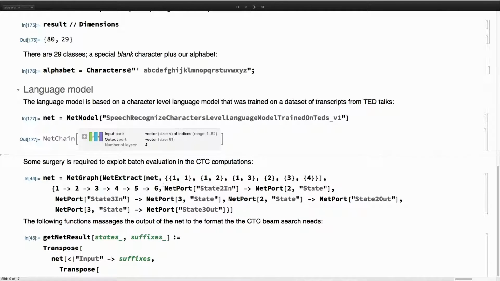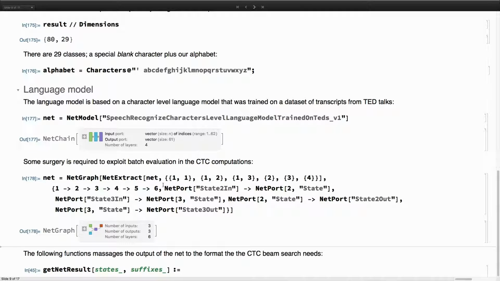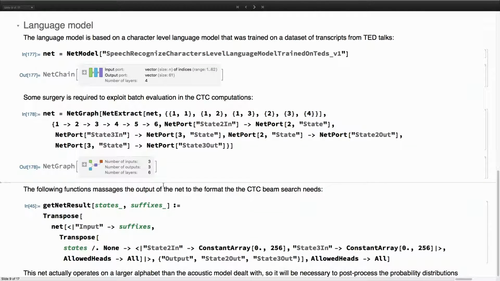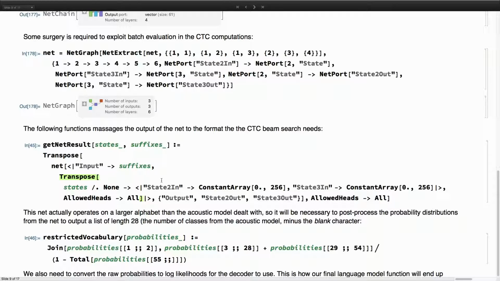Some surgery is required to massage this network into something that is more efficient in batch evaluations for the beam search computations. And some more massaging is necessary for the output of this network to be included in that computation.